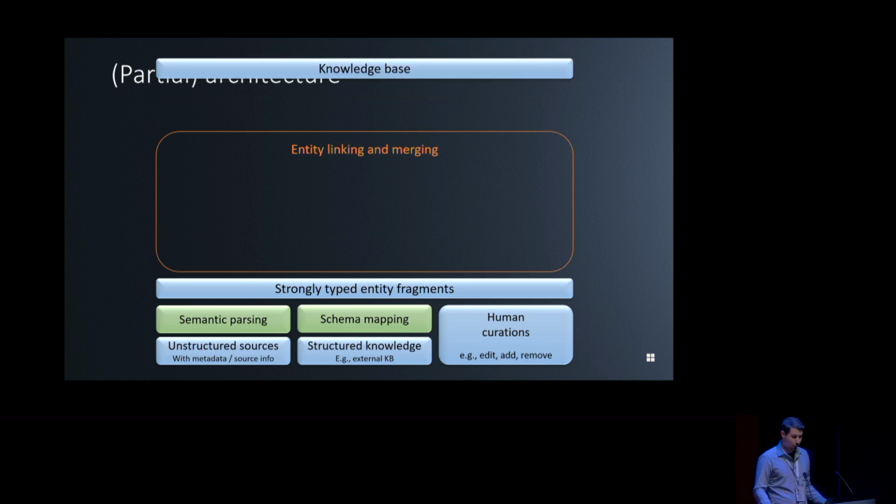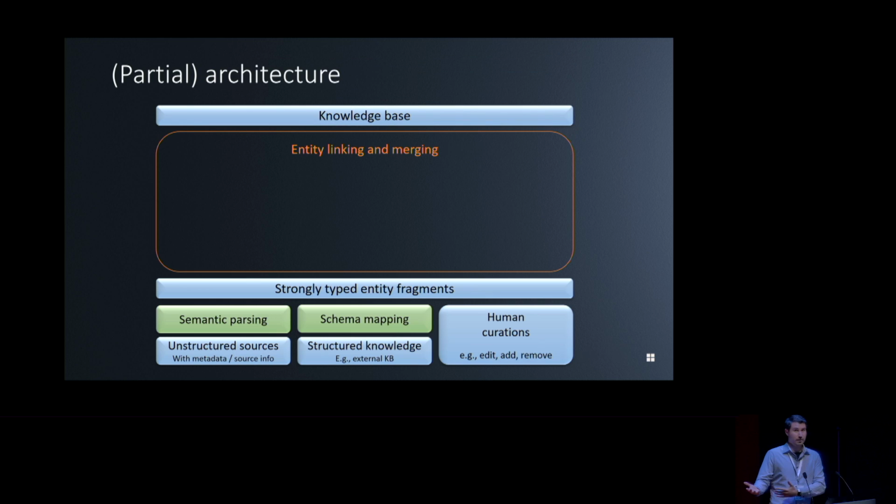So now what we have to do is put them together in order to create the knowledge base. Now, for that putting together, I don't think we have a word for it. I call it linking and merging. You can think of it as distillation, condensation, I don't know, but it's not just conflation or just disambiguation, right? There is a part where things get merged into the knowledge base to construct the knowledge base.